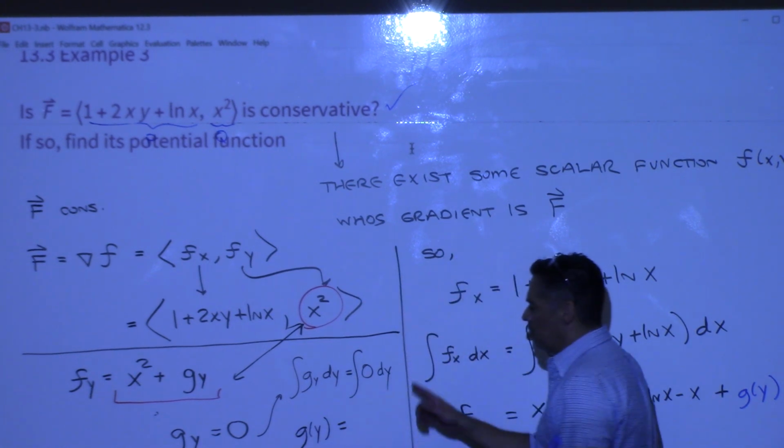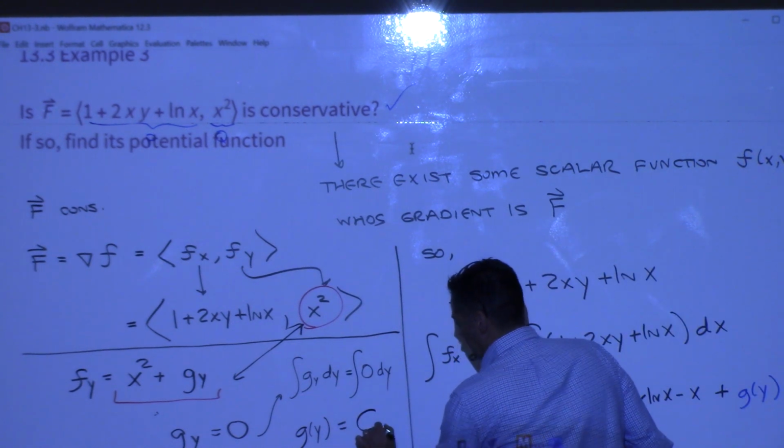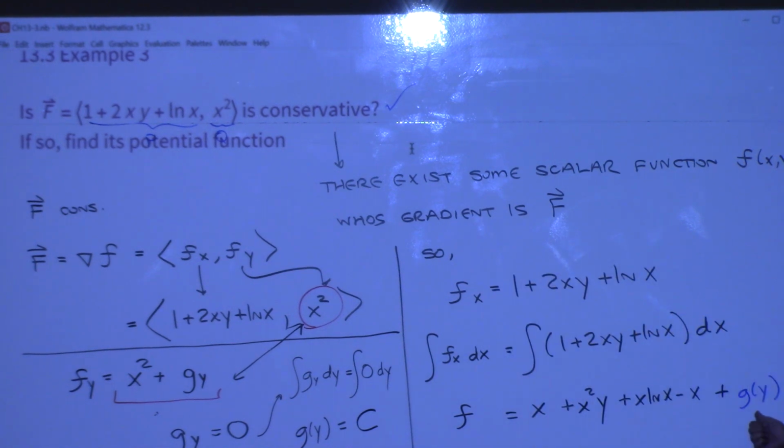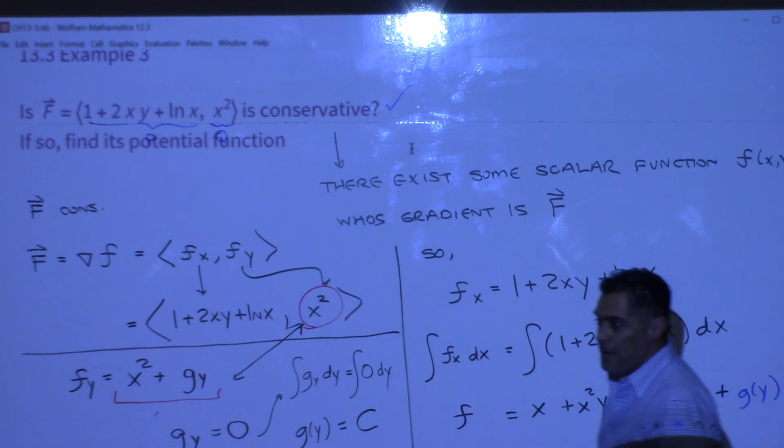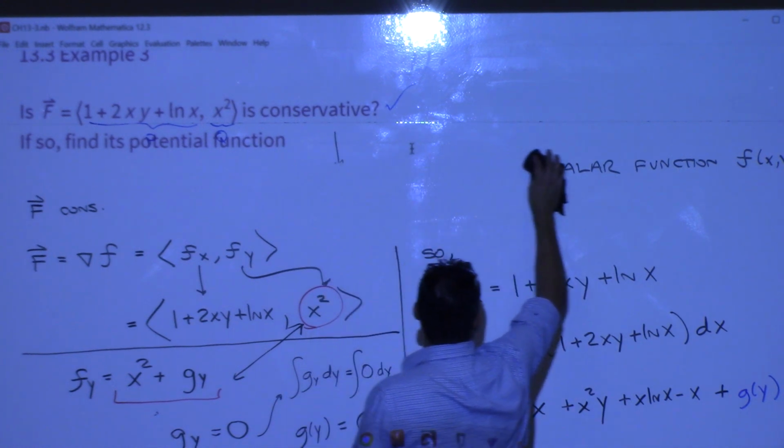And that must be equal to the antiderivative of 0, which is a constant. C. So guess what? This is some constant. It has to be a constant. Any constant. So my final answer now is this. I'm ready for my answer. My final answer